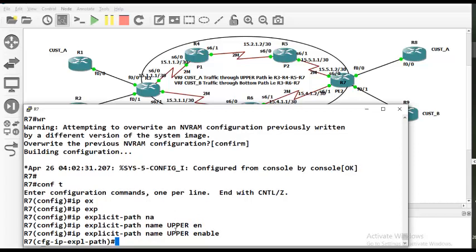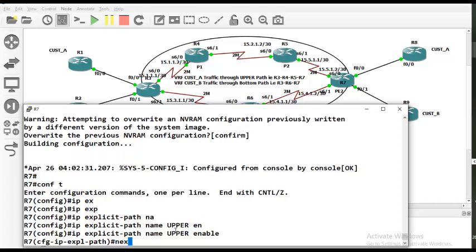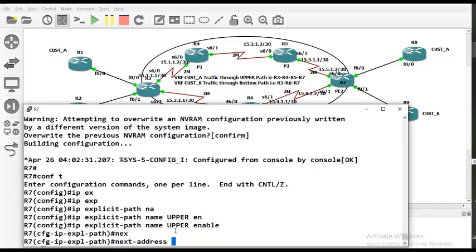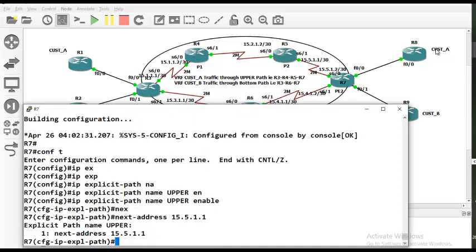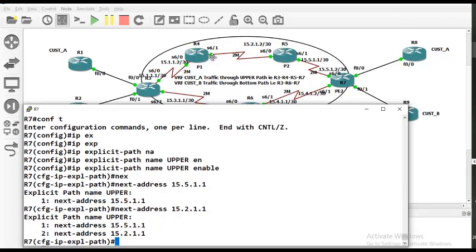Enable. Next hop address is 15.5.1.1. That's the ethernet interface IP address of P2. And then I'm going to say 15.2, which is this address of R4, and then 15.1,